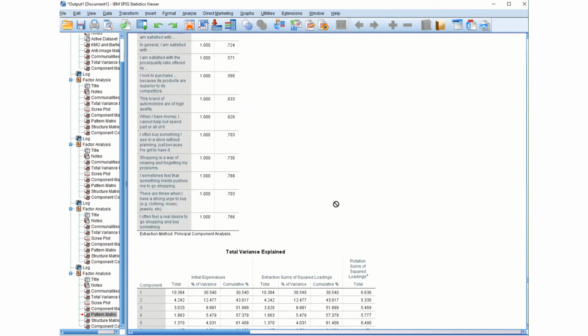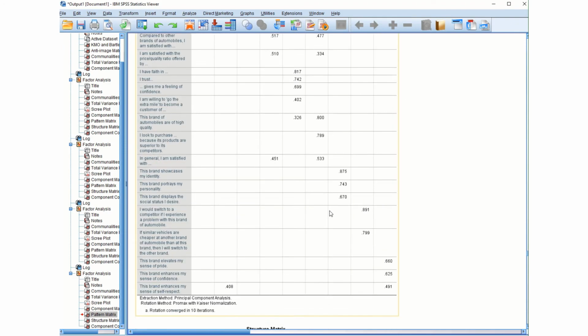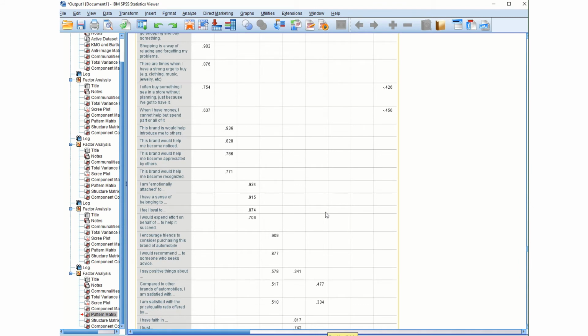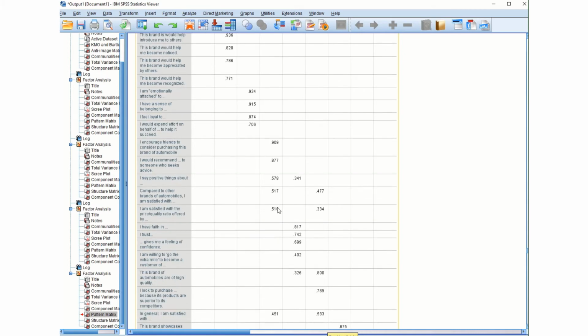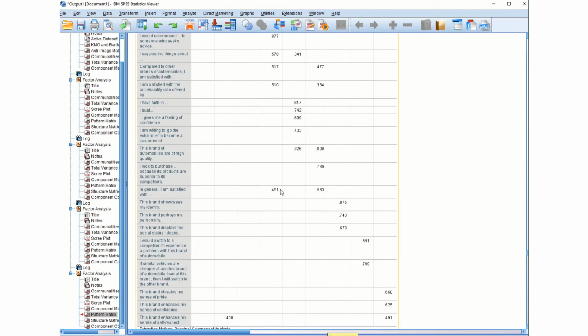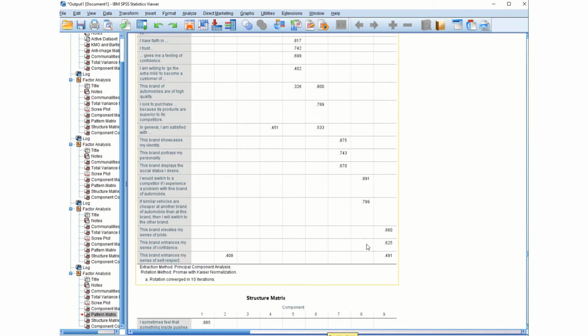So if we go back up, let me just go back up, and let's look at this one more time. Let's see, because this one looks good. Brands, that's a good factor. This is a fairly good factor there. This factor is not very good. This is really a clumsy factor with a lot of things in it that aren't very good. We got something going on in here, and you know, low 0.3 is not the end of the world, but it's still not great. And then we've got